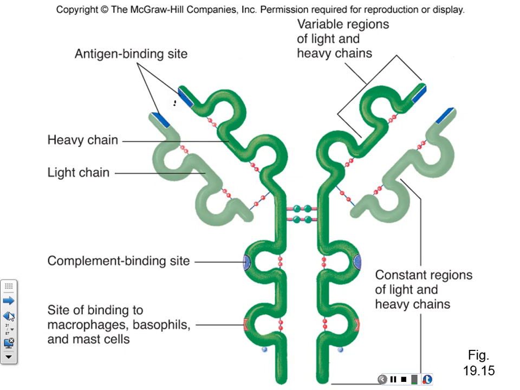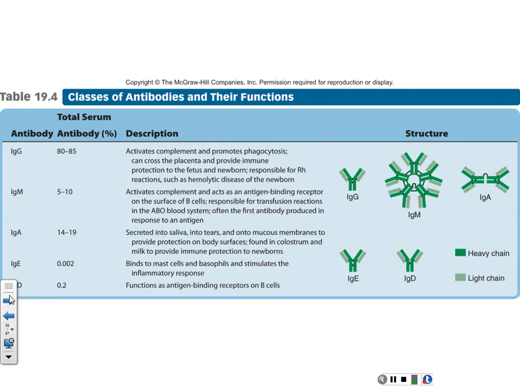Anyway, there are also certain parts on the constant region that will attach to complements. Remember those complements? Those proteins that I say, they also activate all these antibodies so that they attack the site of binding for macrophages and basophils, and mast cells. Is going to be this part here, because basophils and mast cells will produce inflammation, and then it will attach onto those antibodies attached to the mast cell, like at this point. Okay, so the parts of the constant region attached to complement, and the other parts attached to the mast cells